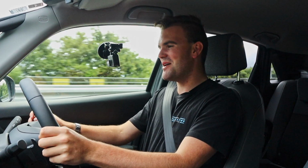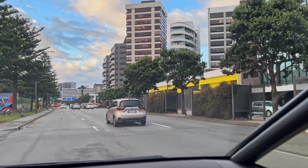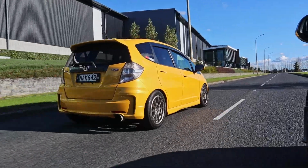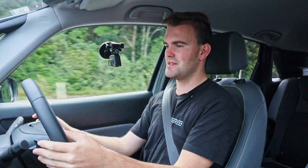1.5 litre dual motor hybrid setup, and I must admit it is a very zippy little car, especially around town. Off the line, where the electric motors are most effective, man, this thing is a punchy little car, eh? Even the old sport ones are nowhere near as quick as these new hybrids. And now that we're coming down the hill, this is where the hybrid system really comes into its own, because